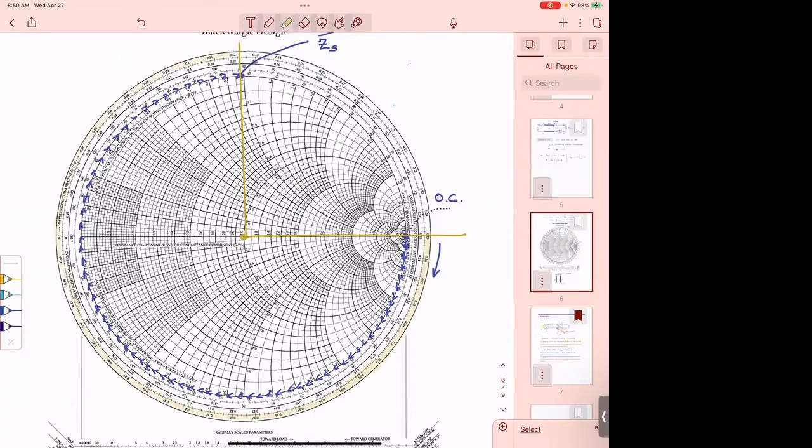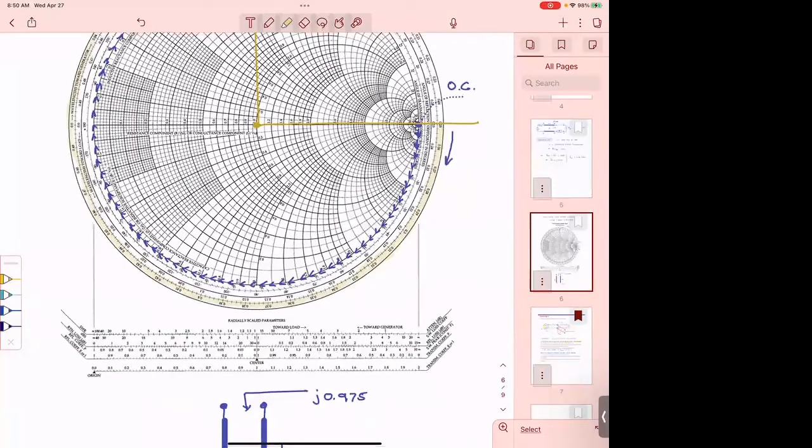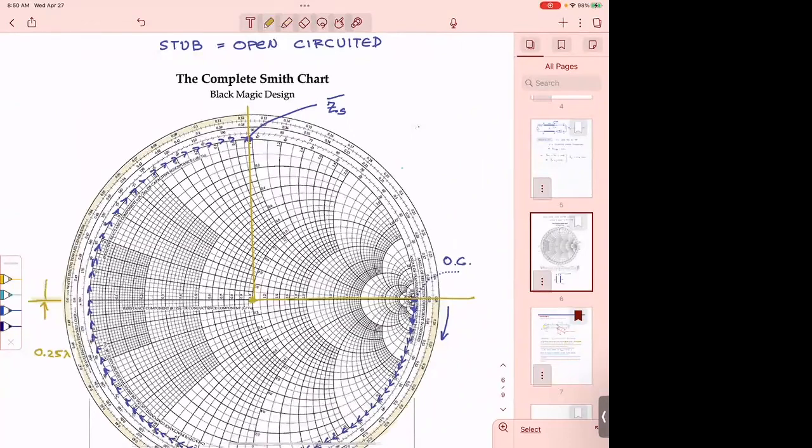Okay, so now how do we count? This is 0.25 and this is 0.5. So there is a quarter of a wavelength that I have already done by coming here. So I keep that in mind. So from the lower part of the circle, from here to here, this is 0.25 already. And then from here, from the beginning, because it goes back to 0 here. From here till there is